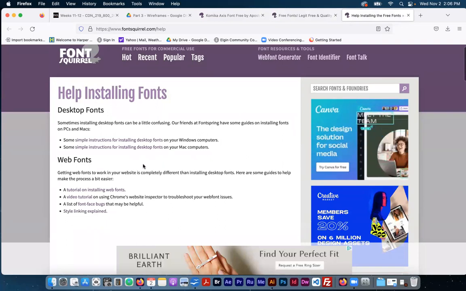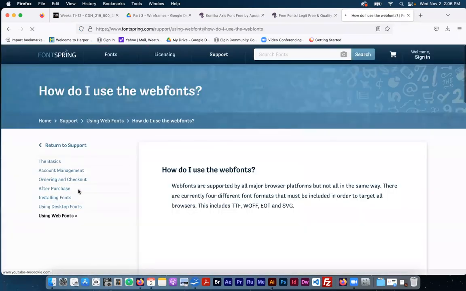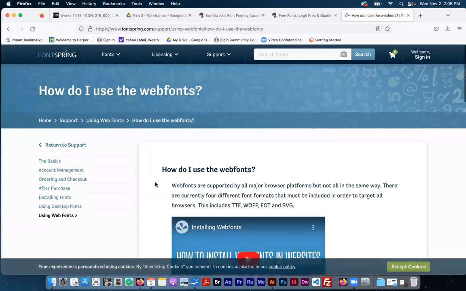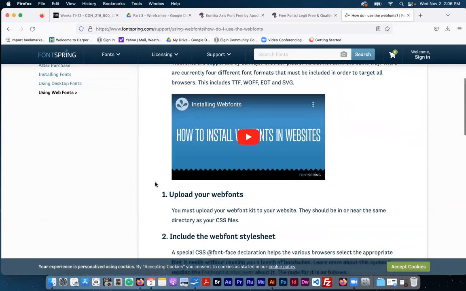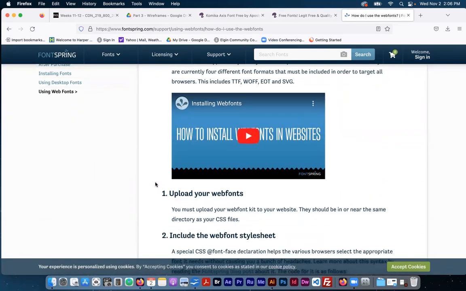Okay, so it does look like they've got a video tutorial on how to use font scroll fonts here. Yeah, it looks like there's a video, which is nice. So that's what I would recommend, Chaz, is just to watch the video if you end up using that. For next week, you don't have to necessarily do that because you can just install them on your computer and